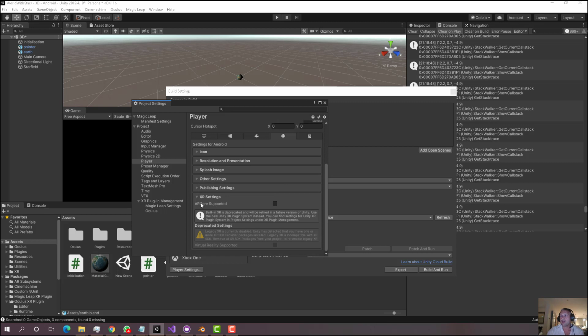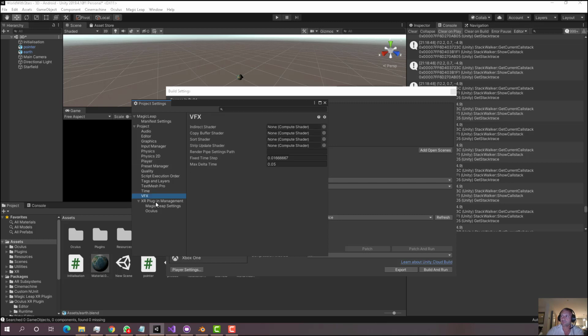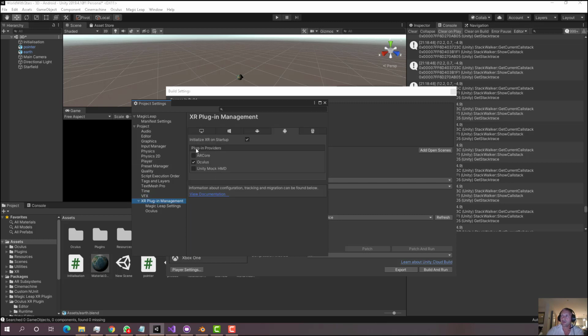The previous way of doing things within Unity XR settings was deprecated, and instead what's happened is we now have these plugin providers initializing XR. So that was augmented reality or virtual reality, and then we tick